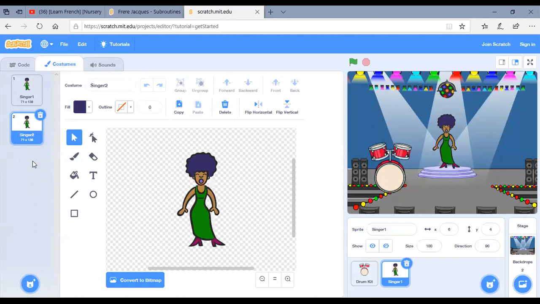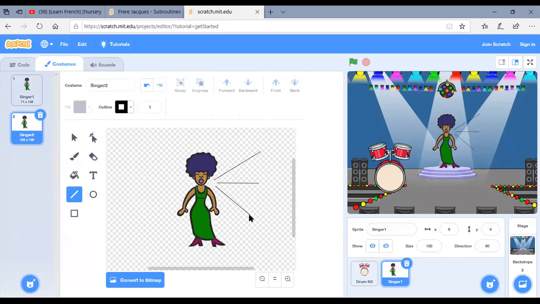For the singer 2, you do some adjustments or some edits. You put some lines like this, to show that she is singing.